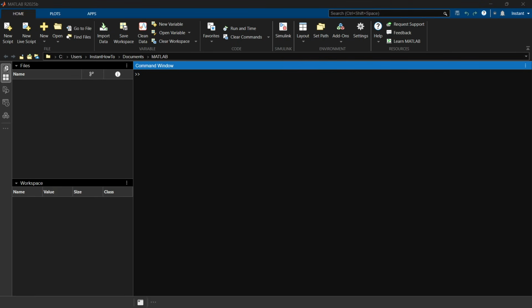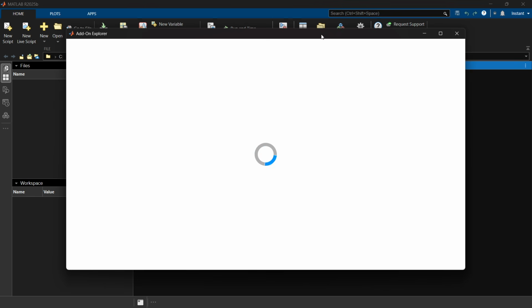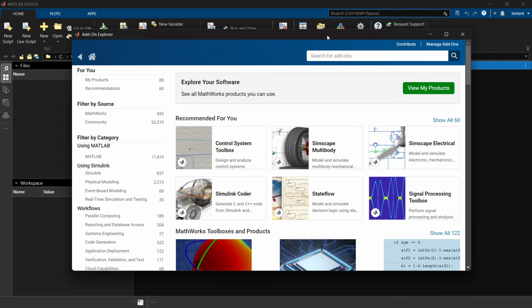In this video, I'm going to show you how to add Simscape to Simulink. Now, the first thing you have to do, you want to open up your MATLAB and go to Add-ons up top on the Home tab over here. You want to click on that, and then from here, you'll be able to search for different add-ons, and